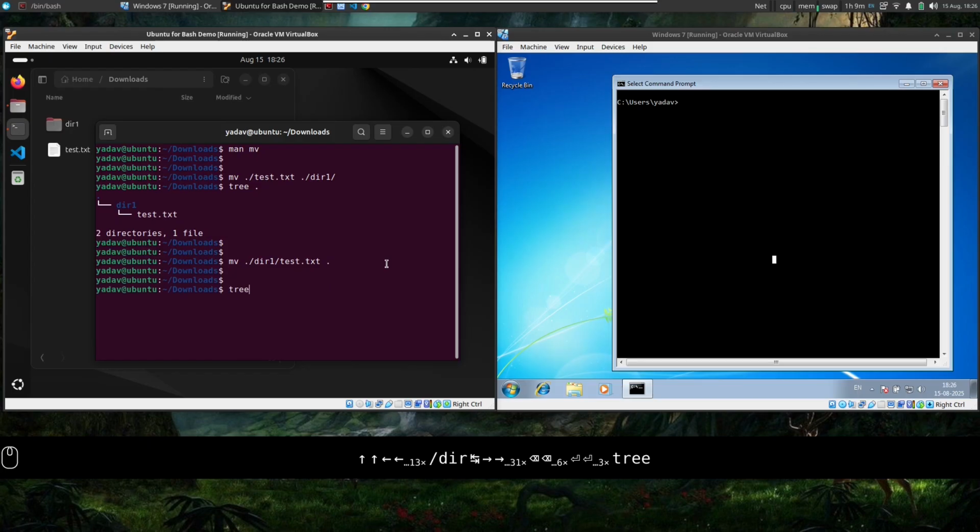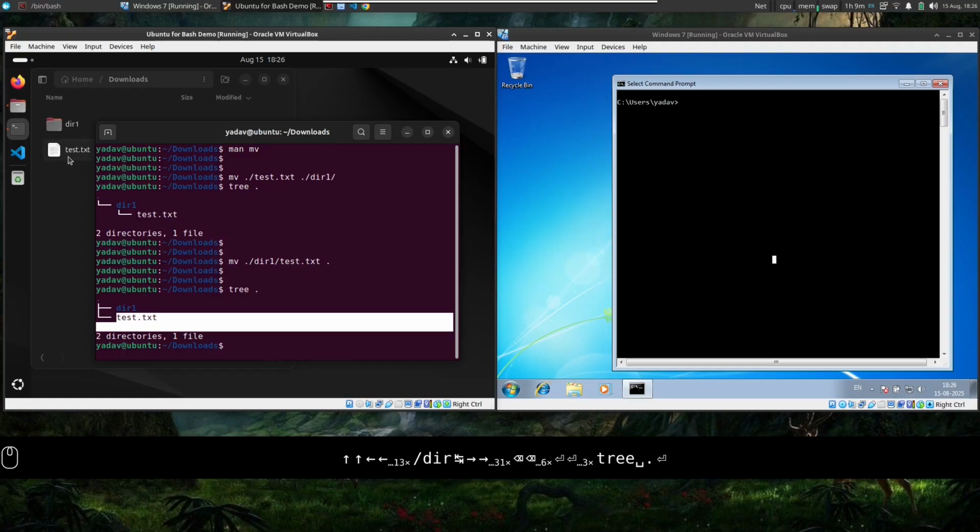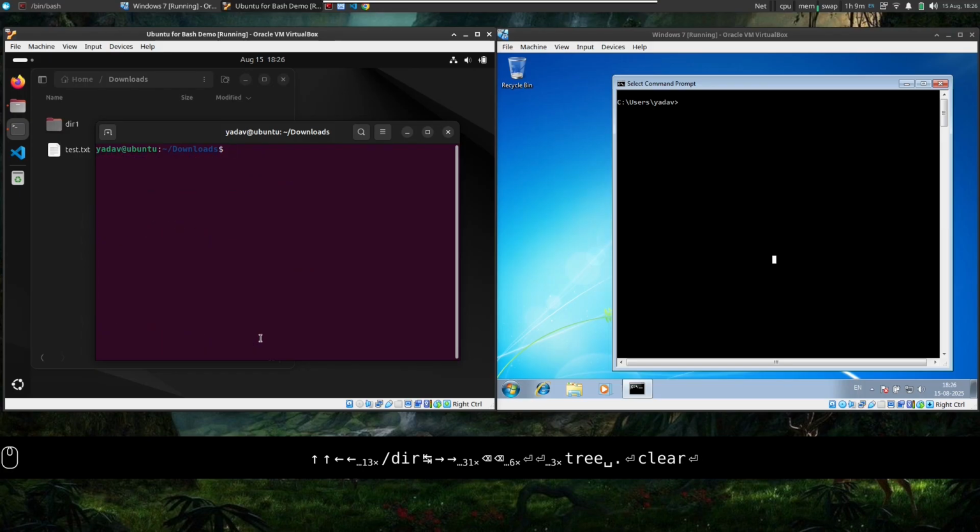If I see the tree structure now, I see dir1 is here and test.txt is also here. See, it came back. If I want to rename the file, then I can do mv test.txt and give it a new name. Let us say final.txt, and its name will get changed.